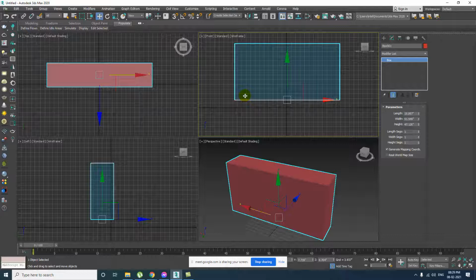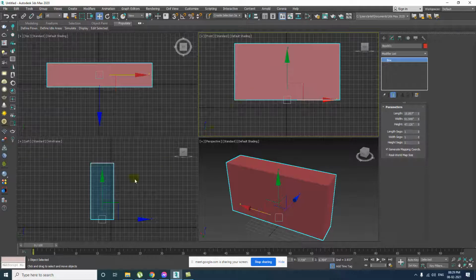This much is clear with you. Just press F3, it will go to wireframe, and again if you press F3 it will go to solid mode. Same thing with the left view also. You have to click the viewport. See this, I'm working on this front viewport, then the front viewport has a little bit of yellow border. That means the front viewport is activated. You have to activate the viewport where you want to work. If I want to work on my left view, I have to click on the left view.